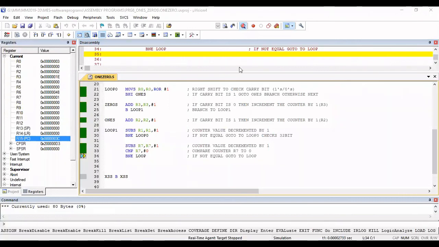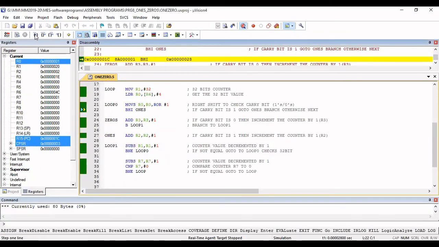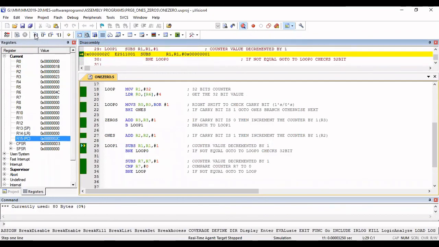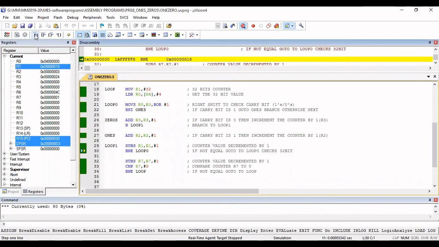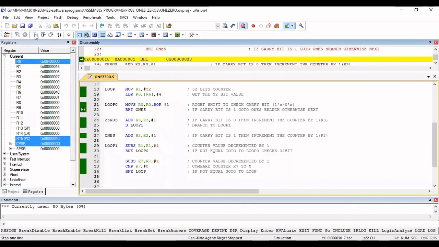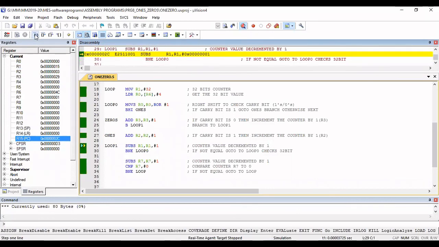For one number we have done, that is 3. Now the same thing will be repeated for number 2. R0 will be loaded with 2. Again, if you repeat this 32 times, 2 has now come to R0. It started doing so. Again, if you repeat the same steps 32 times, in R2 there is 1 and there are 31 zeros. Then the answer will be 1 and 1F, I think.